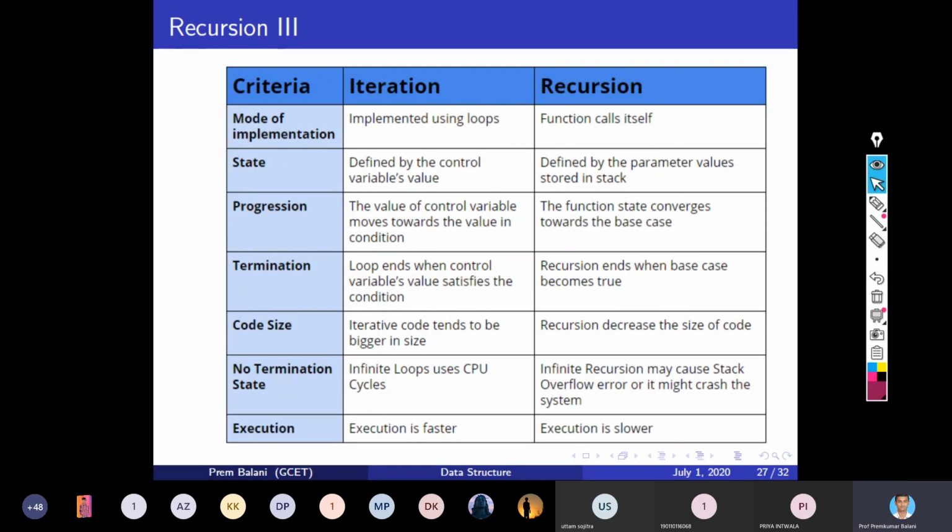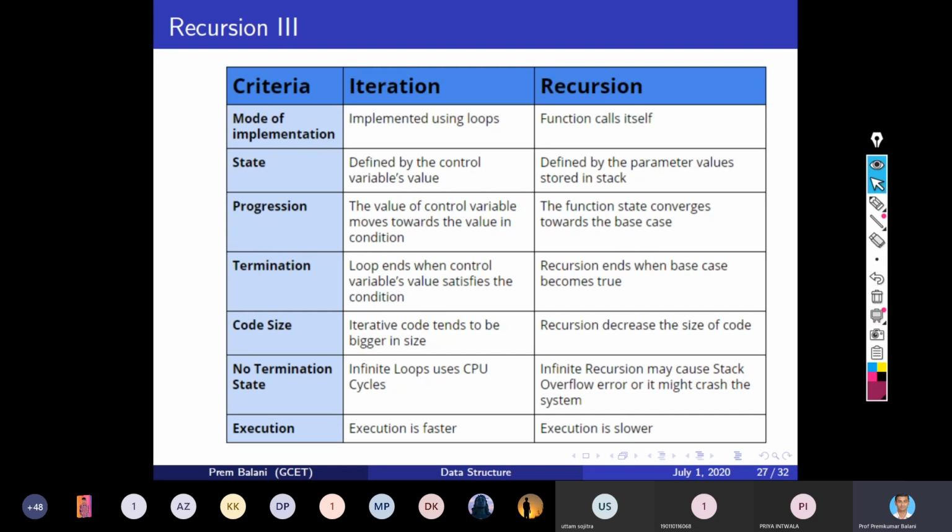So the function calls itself. Now, from the state point of view, iteration is defined by the control variable's value, while recursion is defined by parameter values stored in the stack.